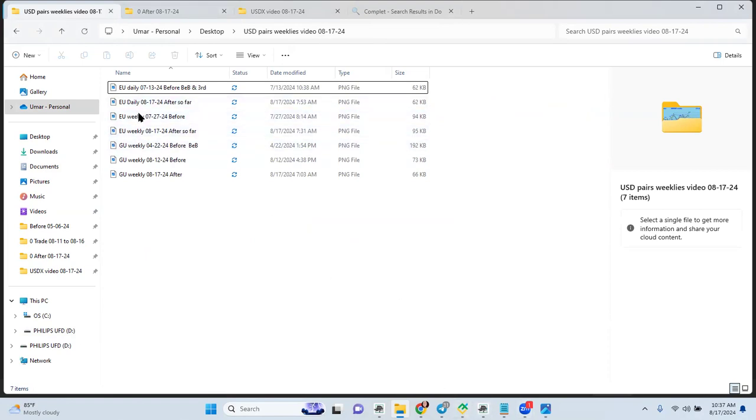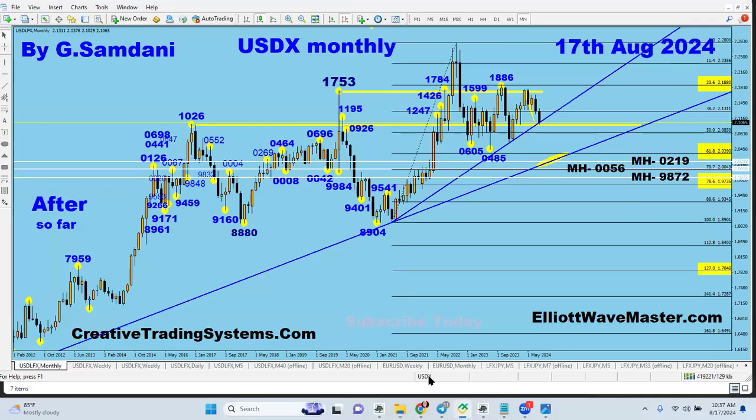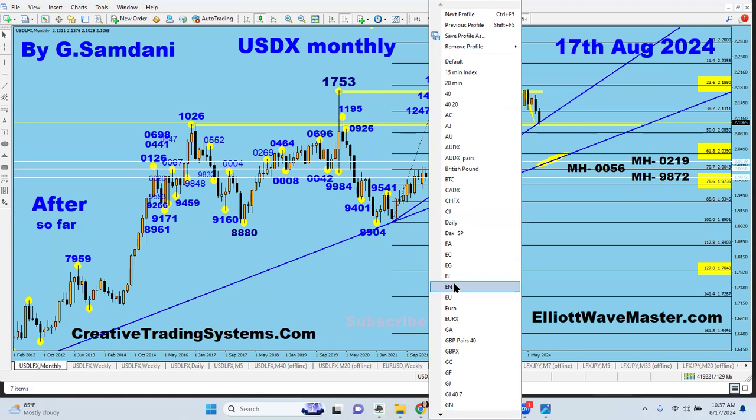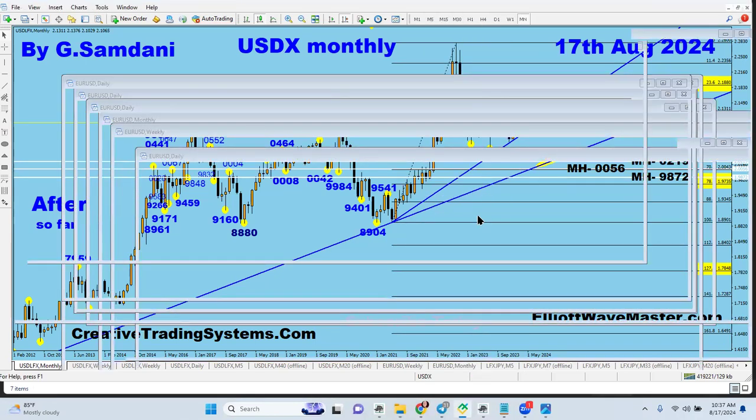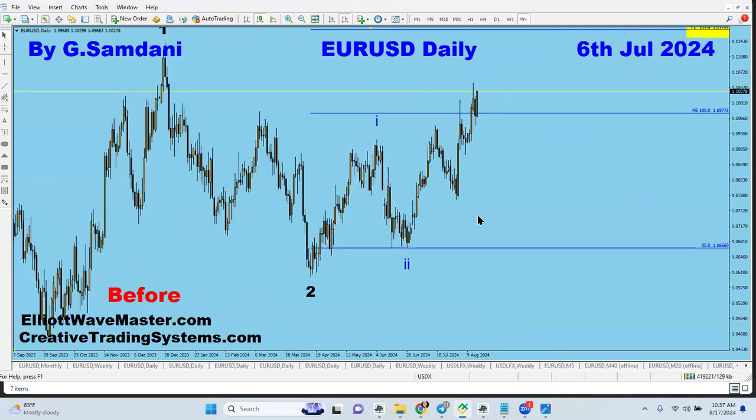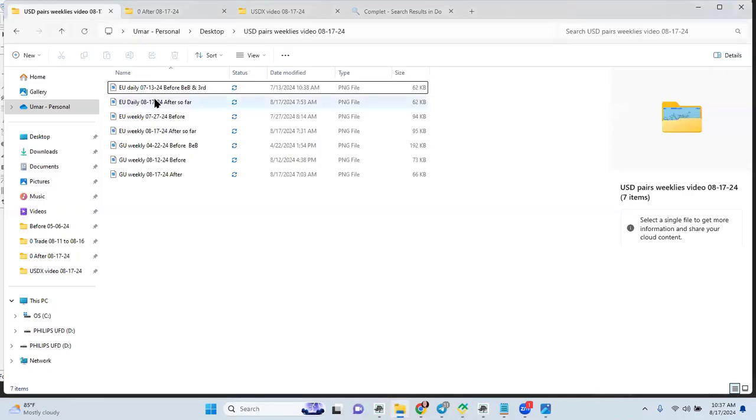Let's take a look at this. Some of these charts, for example, Euro USD, right? Let's go there. We're going to go to Euro USD. If USD weakness is coming in, or it's supposed to be coming in, then what I was expecting and what really happened. So let me share with you that I made this chart, the Euro USD